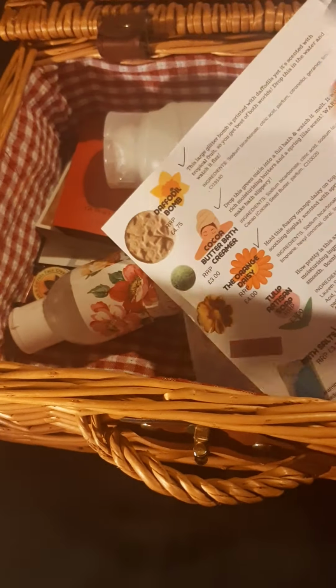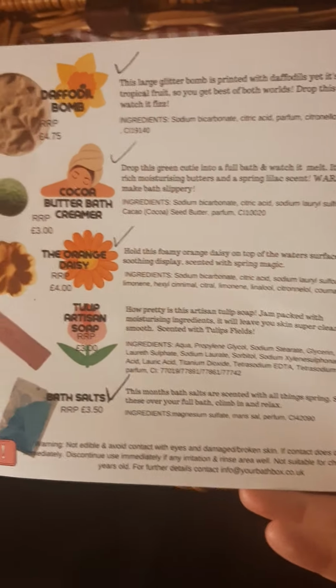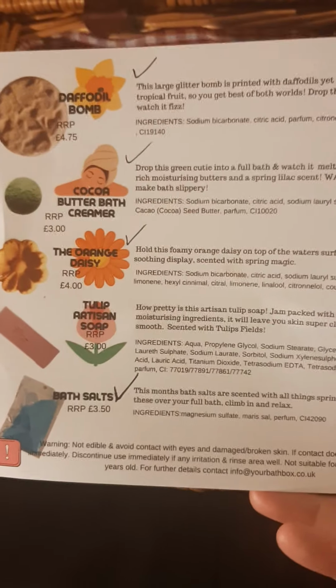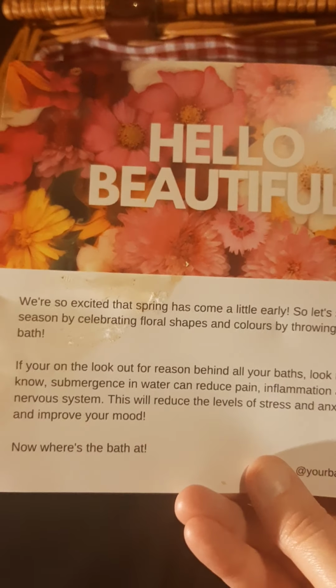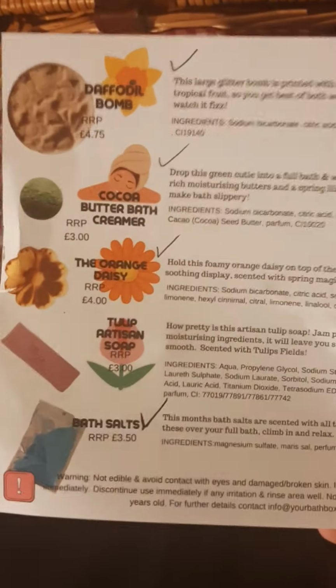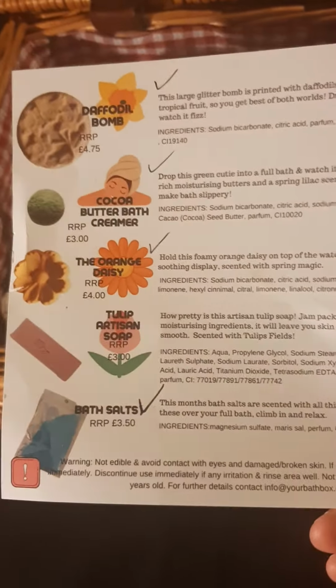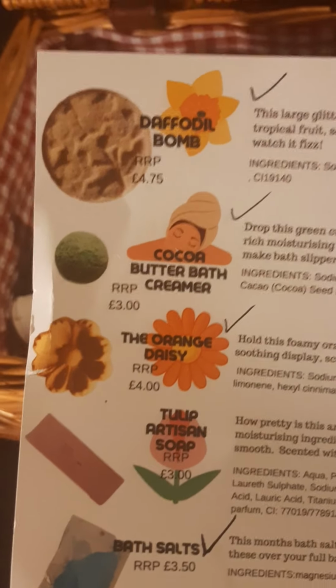And then we have, now we don't actually have any waste here, because they are like bombs and bath salts. So these are from yourbathbox.co.uk. They kindly sent me the March and their April bath box, and they are a company that I purchased from as well. Now the first one there up top, I put little ticks on what I've used, the Daffodil